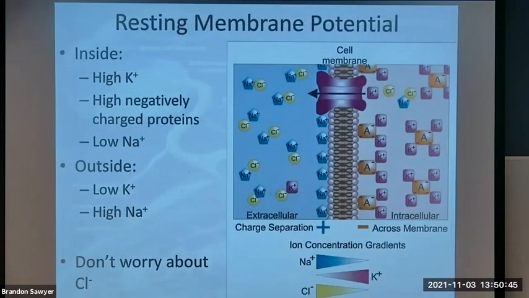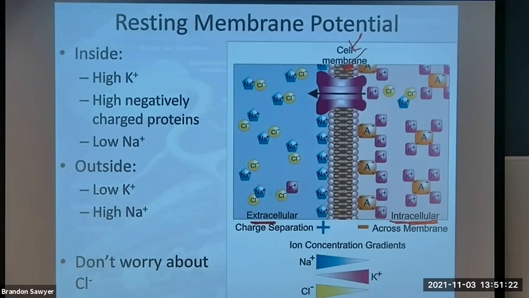Okay. All right, so let's talk a little bit about, before we get into talking about what an action potential is, we first of all need to just talk about general electrical properties of a cell. Okay, and so when we look at a cell, this is representing a cell membrane right here. On the right side of this is the inside of the cell. On the left side of this is the outside of the cell. Okay, and you can just tell by looking at those ion concentrations there that one of those ions we have much more of on the inside of the cell, and there's another ion we have much more of on the